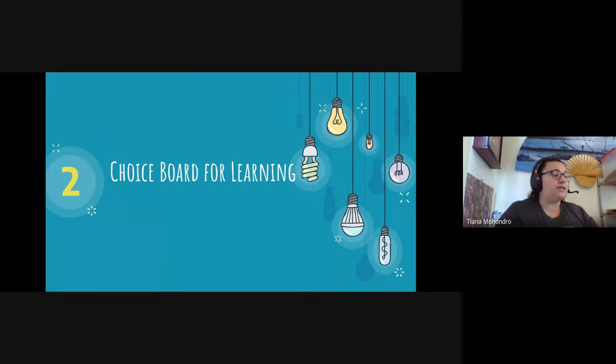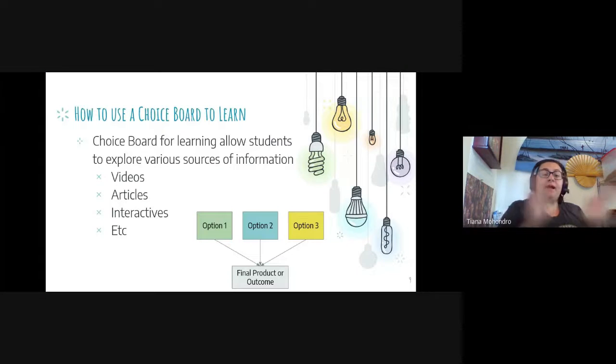Choice board for learning is probably one of the most common ones that you'll see. It's where you'll have a variety of different options that students can choose from, but it all goes towards one final product or one final outcome at the very end. They could be videos, articles, interactives, anything that you find online, or it could be even a physical handout if that's what you want. Just something that gives students the option of how they want to learn the content,